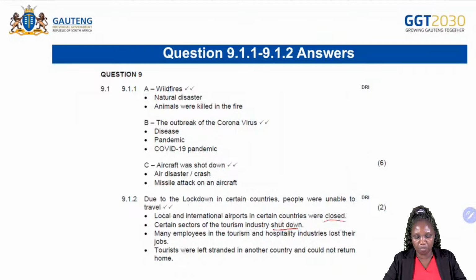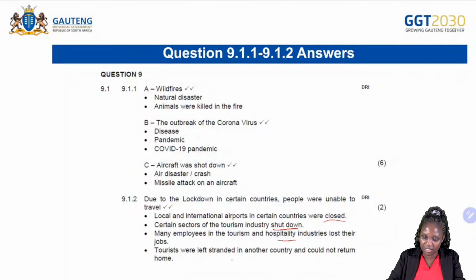People went home. Many employees in the tourism and hospitality industries lost their jobs. They lost their jobs. Why? Because there was a lockdown, people were not traveling, there were no tourists. Therefore, people lost their jobs. And then